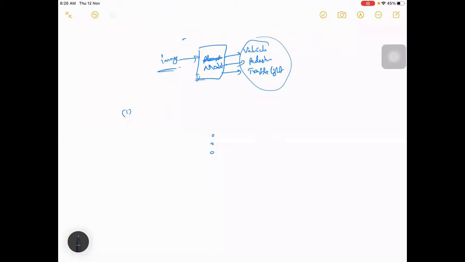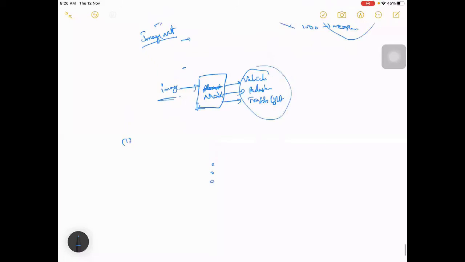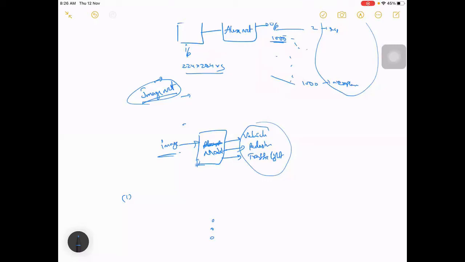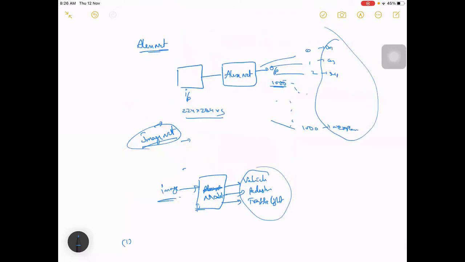So what you can do is, they have already released a few pre-trained models, which are trained on a huge database. This ImageNet is a very huge database which contains lakhs of images for each class, and it has been trained so much, right? So we should actually be utilizing something of this sort.